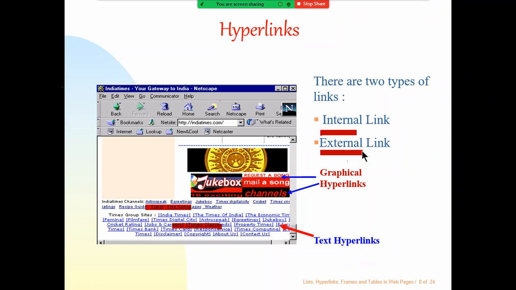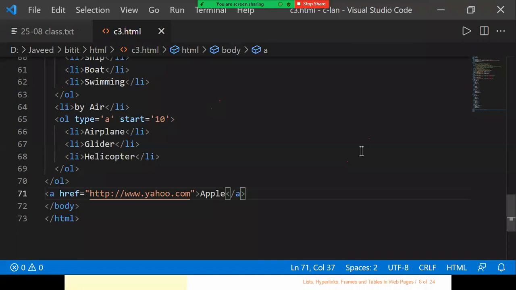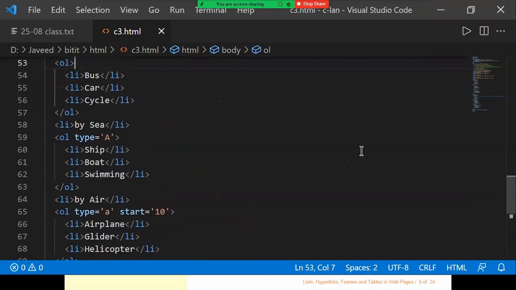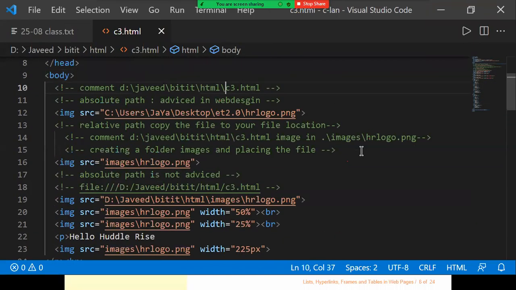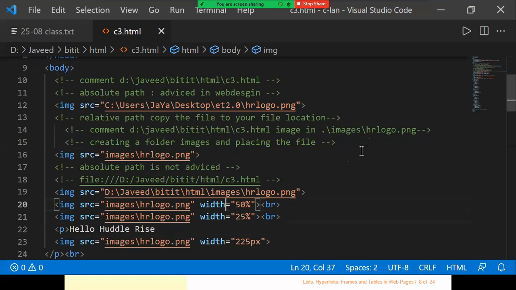For example, let us say I want to use an image. We have already placed this logo, right? So this logo, I'll copy this.